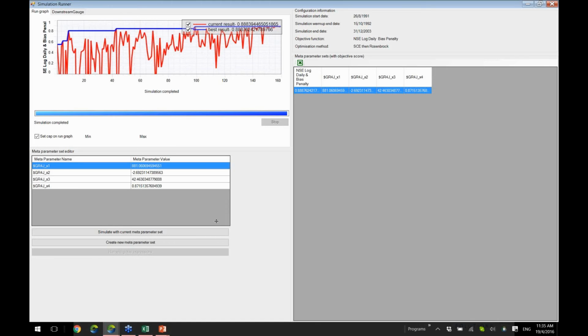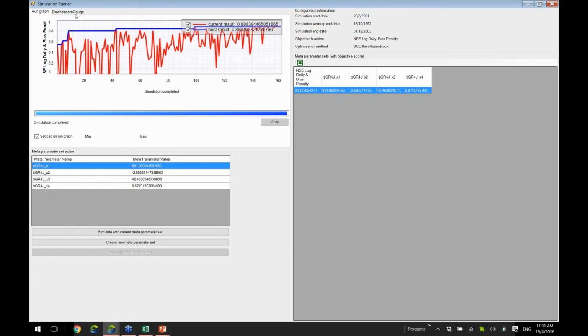In this bottom left-hand pane here, we can see each of the metaparameters that we defined and the values that the calibration algorithm has, well, the best results for those that optimize the objective functions. On the right-hand side here, we'll actually have a list of our current optimums and previous optimums, and this result is really useful if you're doing a manual calibration and manually editing the calibration, the metaparameter values. You'll see the results of each of your successive runs listed down the right-hand side here,